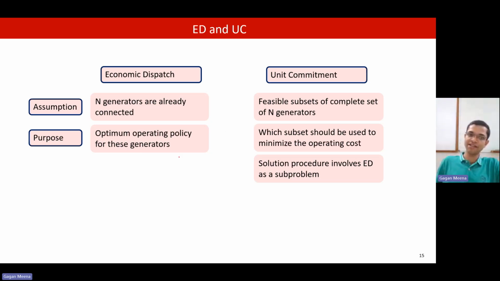Unit commitment, on the other hand, says that not all of them may be necessarily required. We may decommit some of them. So out of these 7 combinations,